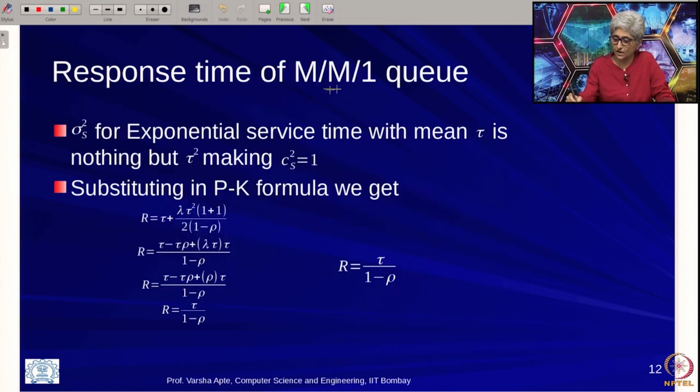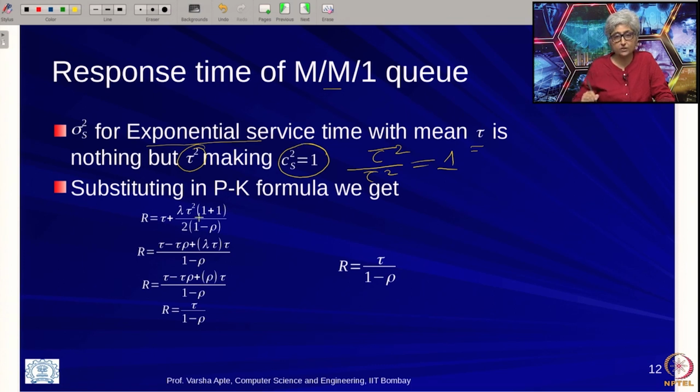So, this is basically exponentially distributed service time. When service time is exponentially distributed with mean tau, the variance is actually given by tau squared. This is just a property of the exponential distribution, that the variance is actually mean squared. You can look this up in any statistics book. So, if variance is equal to mean squared, then coefficient of variation becomes tau squared divided by tau squared, remember. So, this is equal to 1. So, actually the coefficient of variation of the exponential service time distribution is 1.